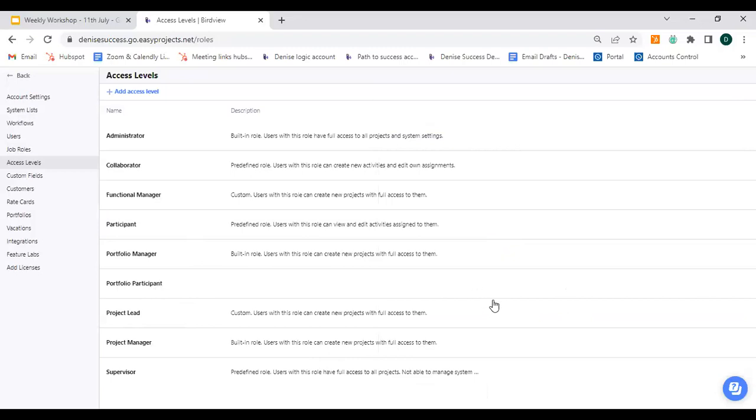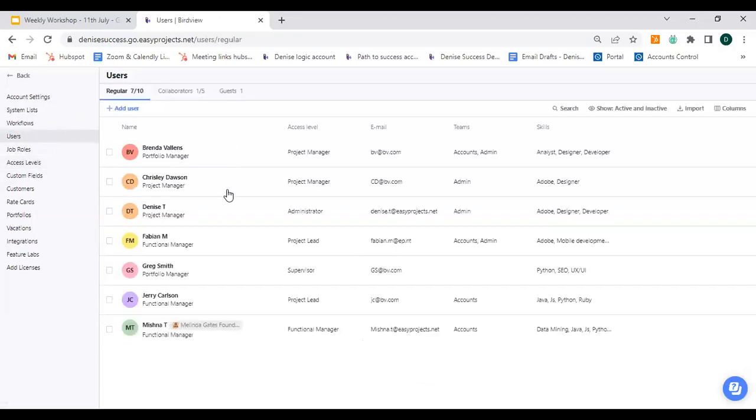All right, so now that we've created a job role and we've created an access level, how do you then go ahead and assign these options for your team members? So again, if you do have the permission, you will have access to the users tab, and you can go ahead and create a new user,